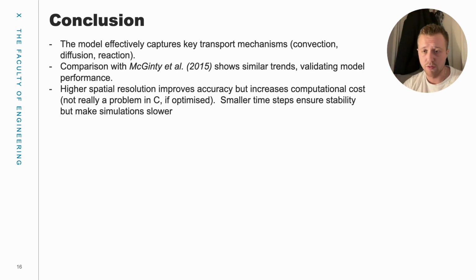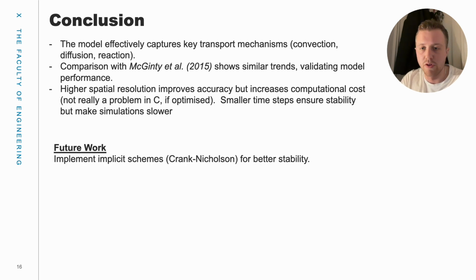Both the convection and diffusion dominated scenarios matched with the McGinty paper, and statistical tests confirm a significant difference between the different numerical methods. Whether that's good or bad or worth the extra computational cost is to be argued. So to further improve, I would use an implicit scheme. The methods were run in C, which makes it a bit more difficult to implement an implicit method,